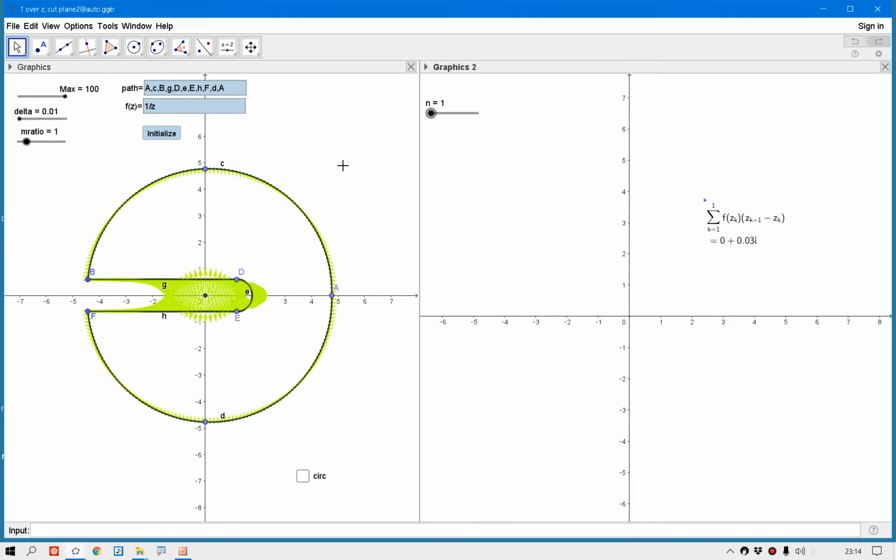Let's check the deformation of path with GeoGebra. f(z) equals 1 over z. A singular point of f(z) is the origin. And the path is from A to A and clockwise. This is the path. So it doesn't include a singular point inside. The integration should be 0. Okay? But if we move D to the left,